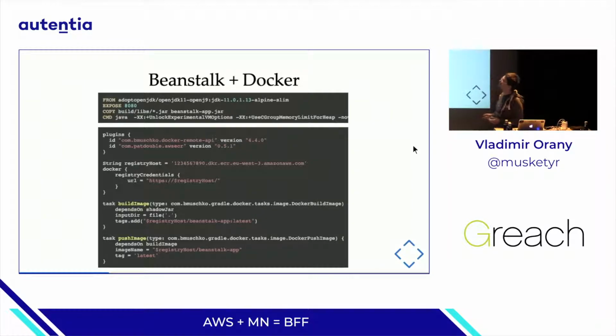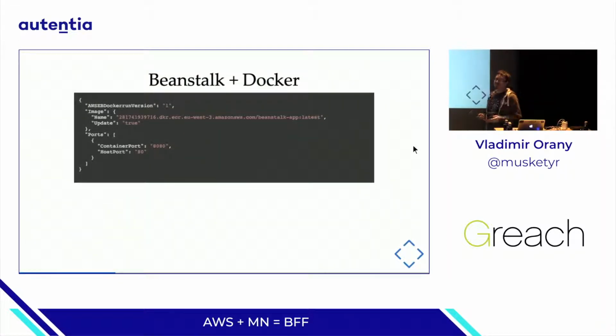And there is a couple of Gradle plugins again, so you can use. This one is basically managing the ECR, the Elastic Container Repository. So you just have to say, okay, this is my repository, and I want to deploy this Beanstalk app. The prefix is always the repository, but I want to deploy this. And after that, if you push your image from your continuous delivery,